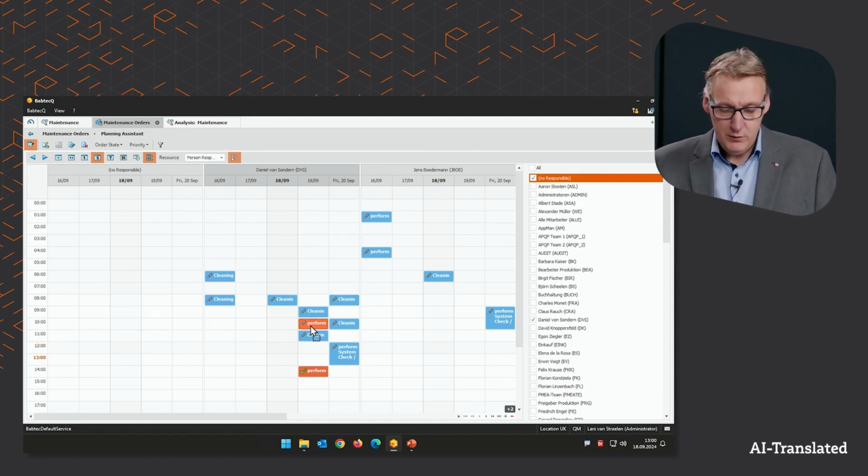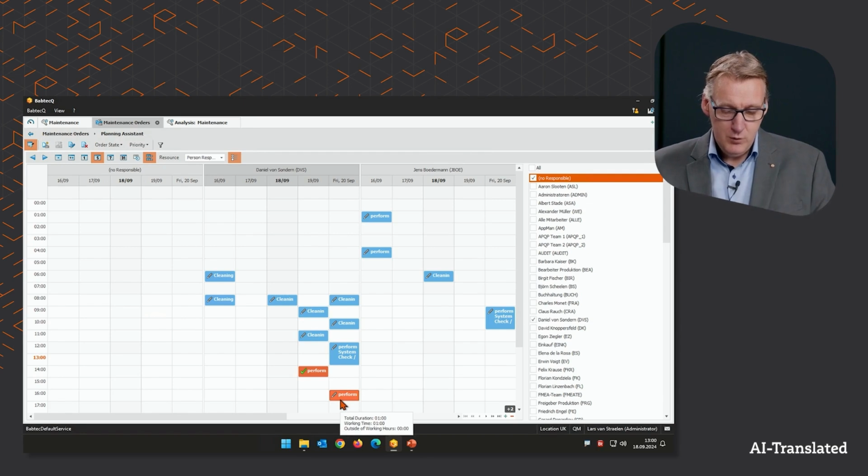If I were to let go now, this repair order would be assigned exactly where I had planned it in time, assigned to Daniel. Now I'm saying, well, I don't want the whole thing to take place on Thursday. I would like that to happen on Friday afternoon because I can handle the downtime better then. So I will just drag and drop it back to Friday afternoon. And by releasing the mouse button, that's what I just did.